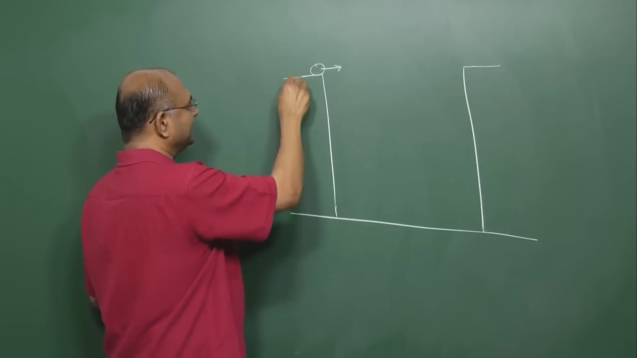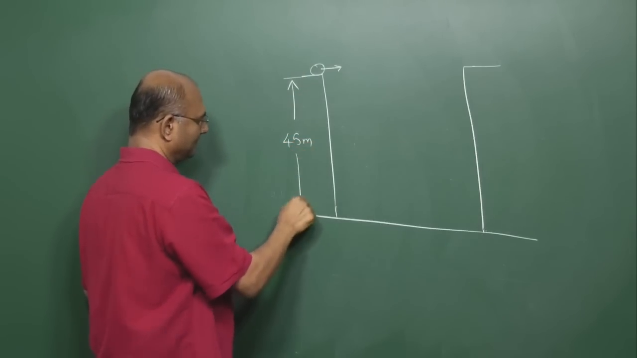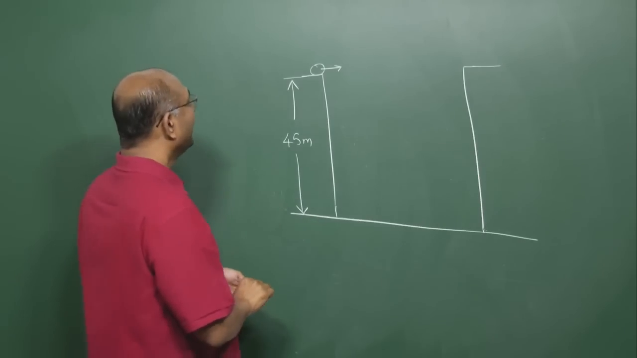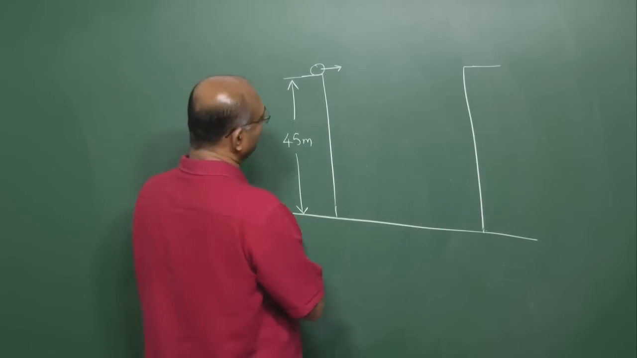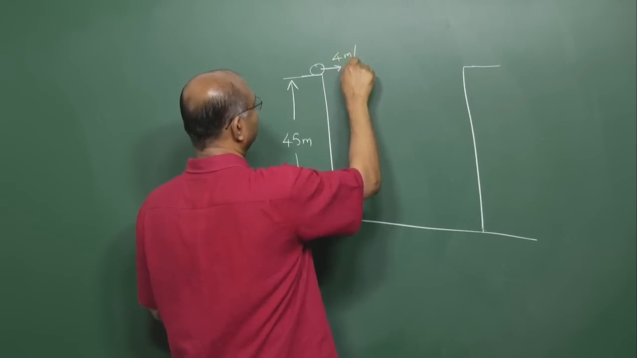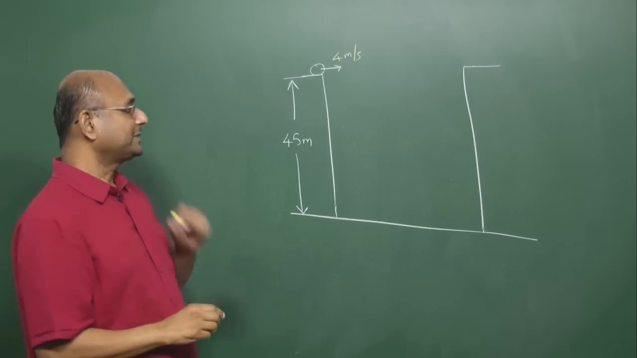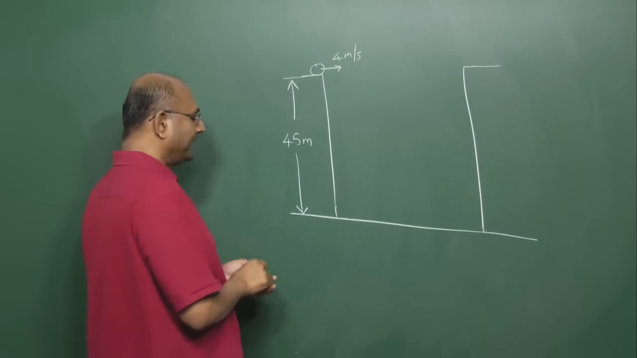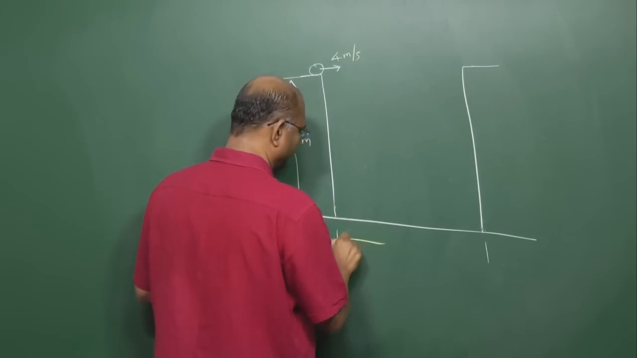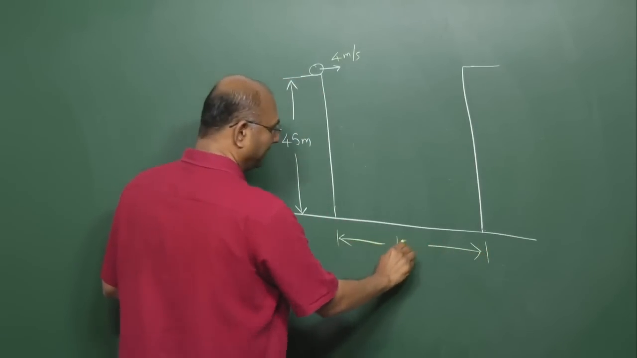So let us say that this height is 45 meters. And this ball has been given a velocity of, let us say, 4 meters per second. Okay? So first question. If I tell you that the distance between these two buildings is 10 meters,